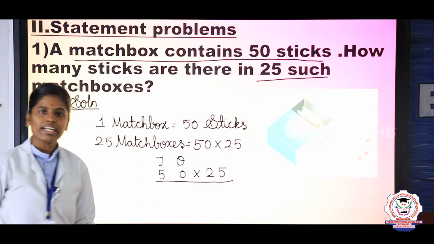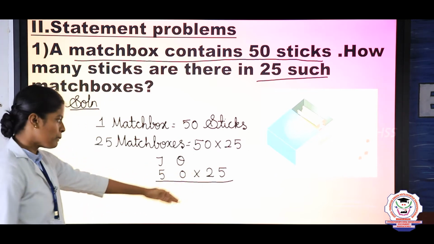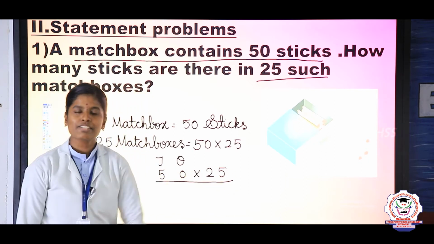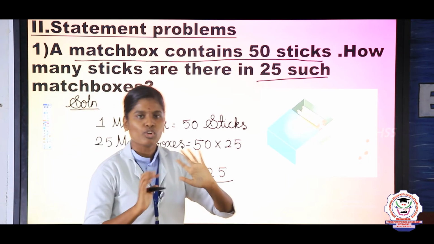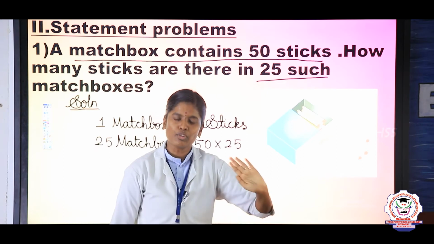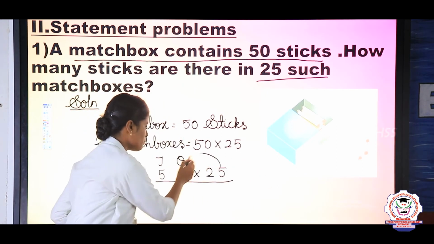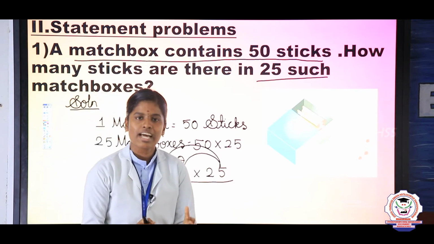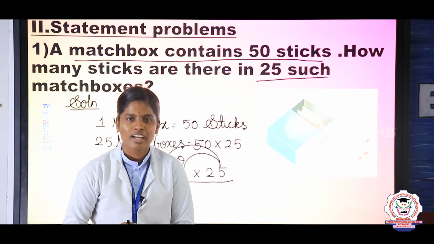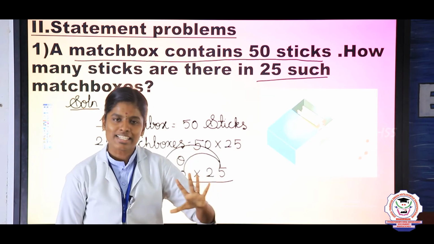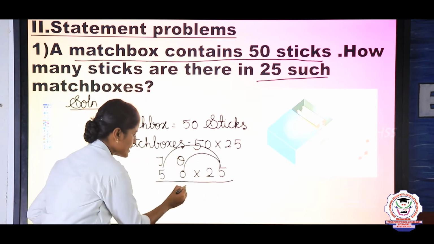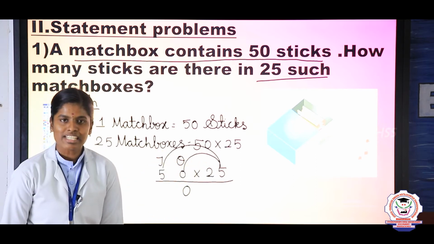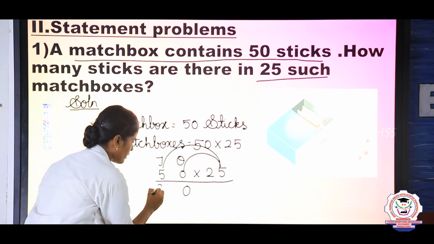Listen my children, first take 5 and multiply by ones place and tens place. Here our table is the 5 table. I hope everyone knows the 5 table. It is a very easy table for you. Take 5 and multiply by 0, take 5 and multiply by 5. What is the answer? 5 zeros are 0. So write the answer 0. Next 5 5s are 25.